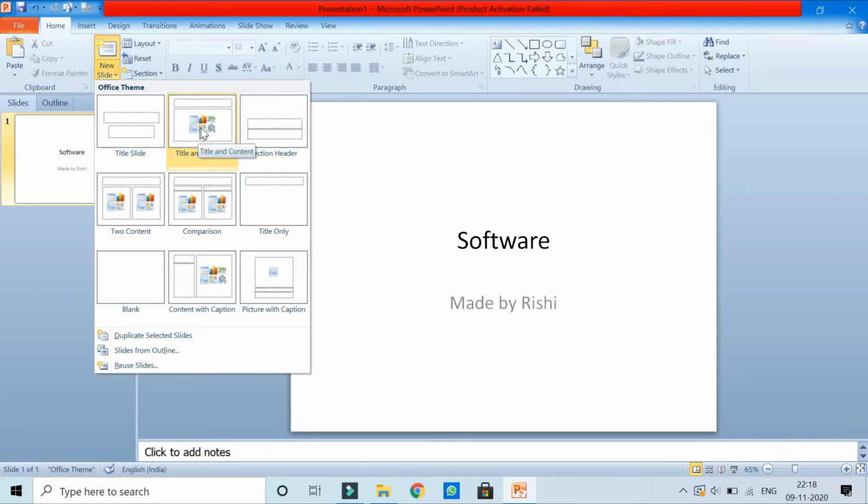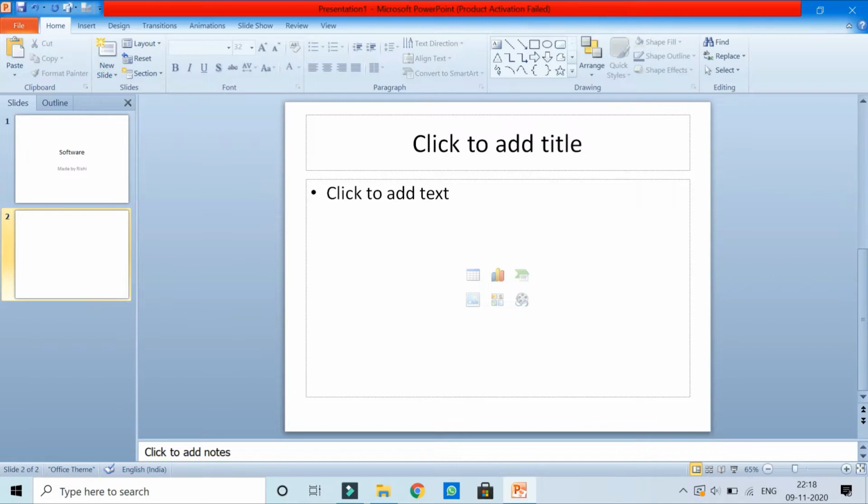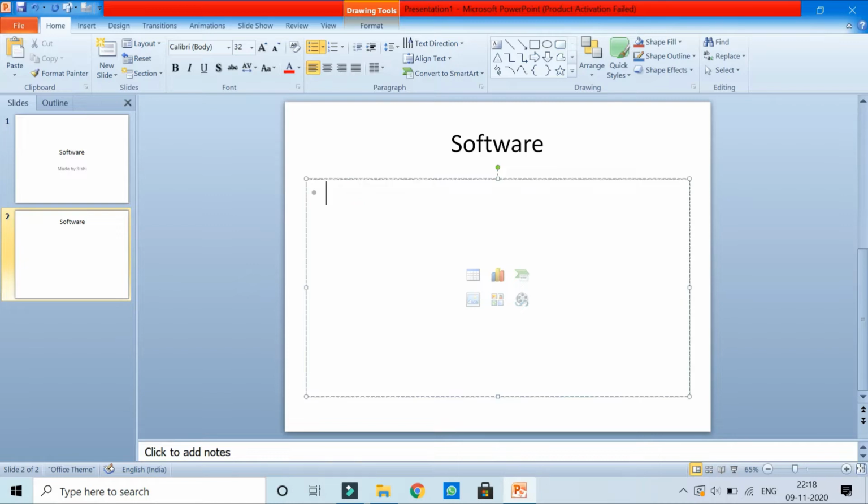Now I want Title and Content. So I will click on Title and Content, and you see I will get the placeholder like this. This is the bigger placeholder and this is for the heading. Here I will again add the heading Software because I want to give the definition of software.